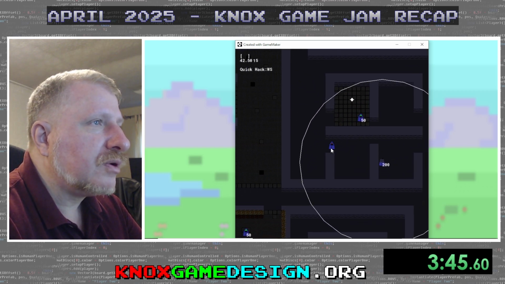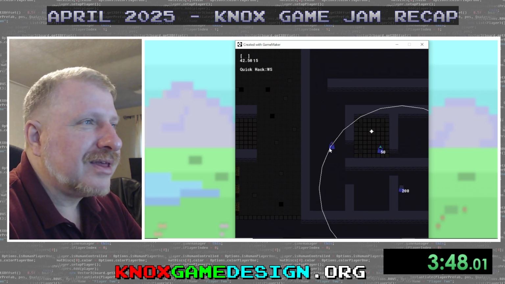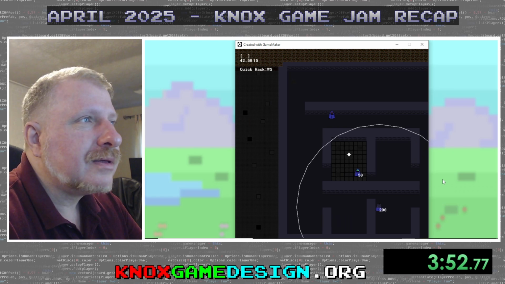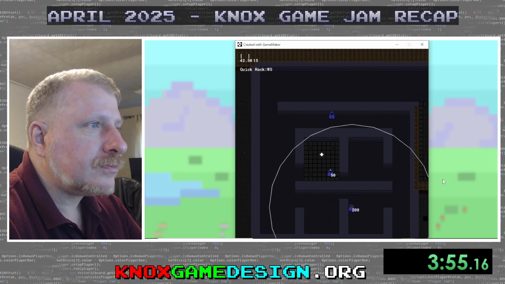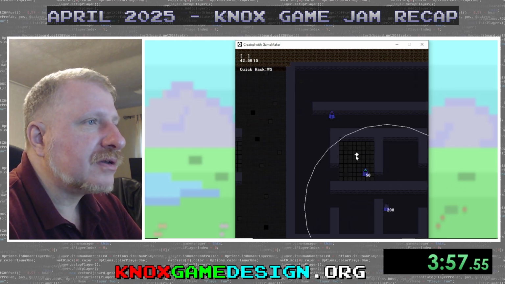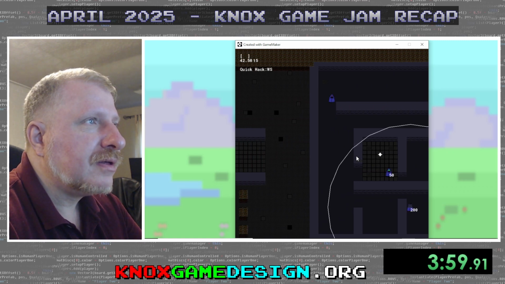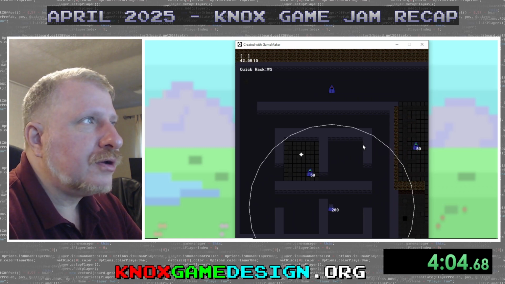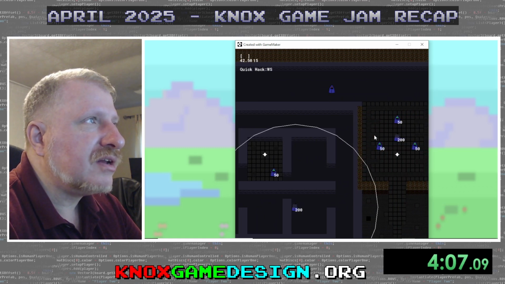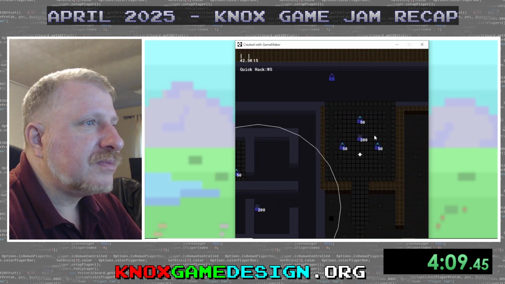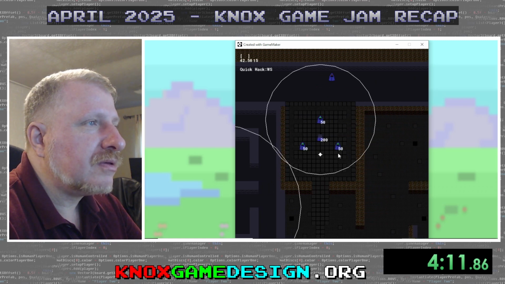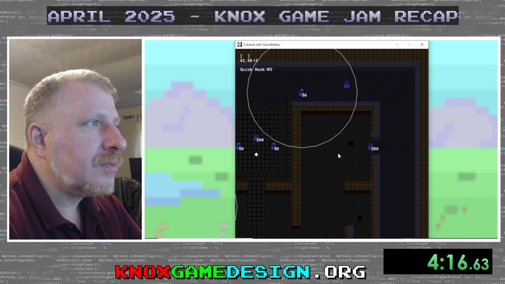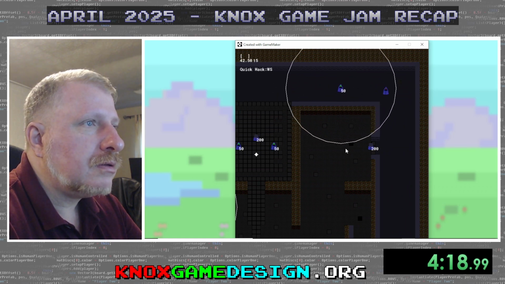Oh, these enemies are pretty smart here. Well, they will chase you. Try to chase you around the corners and everything. I wish I could shoot back these guys. So yeah, I got 42.5 health and then 15 stars. So I guess the objective is to collect these little star things. Maybe you're supposed to collect them all?